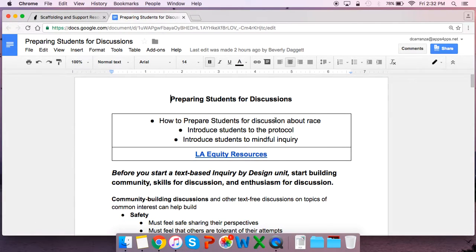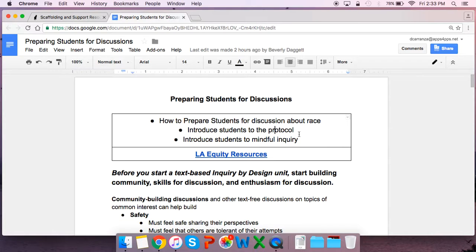This is going to have things to think about as you begin whole class and small group discussions in the Inquiry by Design units. Really everything from what is the physical setup of your classroom like, how is that going to work when you move into a whole class discussion, to how would you do inner and outer circles, what about pilots and wingmen, kind of those nuts and bolts bits, all the way into, and right up here at the top of the